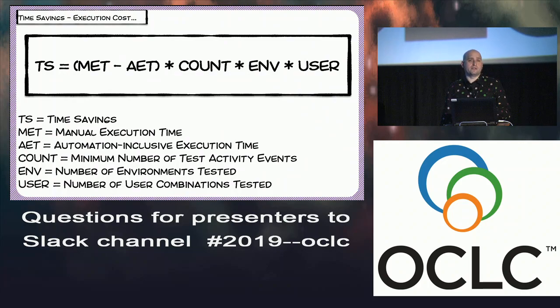How much time then does it take us to execute those same activities? So the difference between the two will provide you that time savings of manual minus the automated implementation, multiplied by the number of counts. Like, hey, we have to have regression testing bare minimum 8 times per year, multiplied by we need to go do it against 3 environments, multiplied by the number of user combinations. We've got 20 browser OS device combinations. So this can provide you that information about how much time you actually save by having